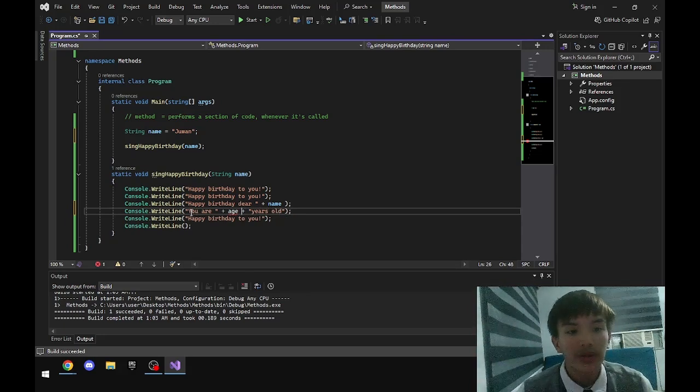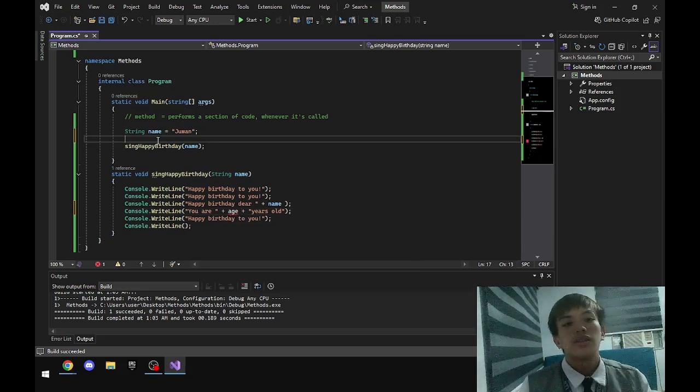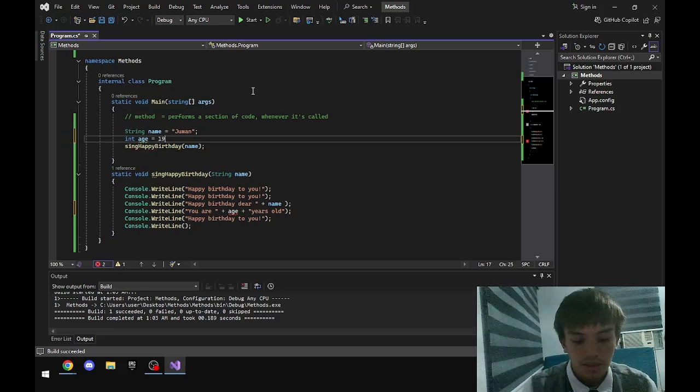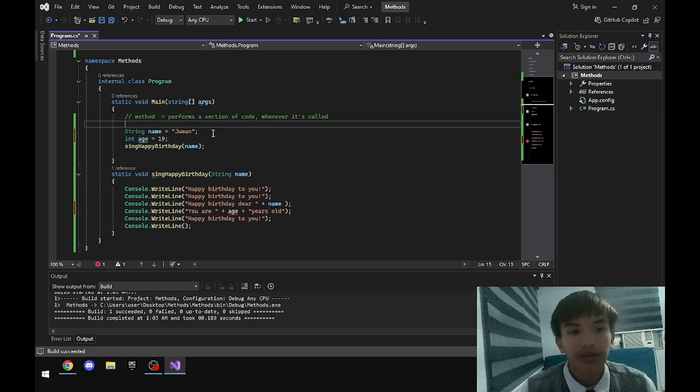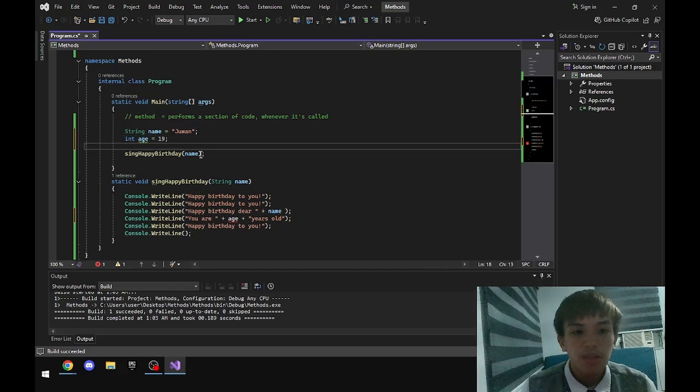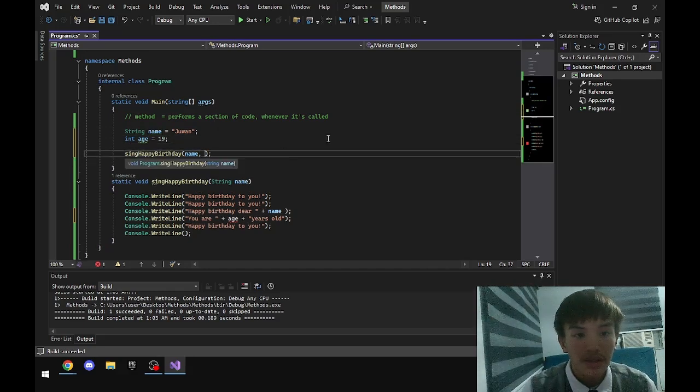So what this would do is output you are blank years old, and we need to declare a variable. So int age equals, so on my next birthday I would be 19, and then we would also have to declare it here.